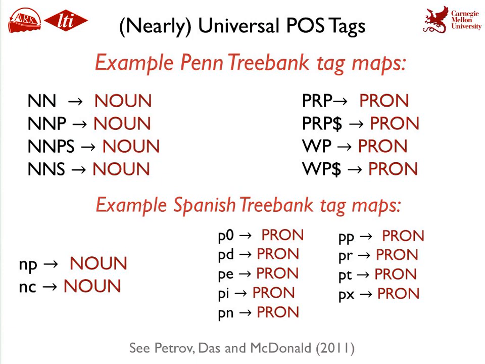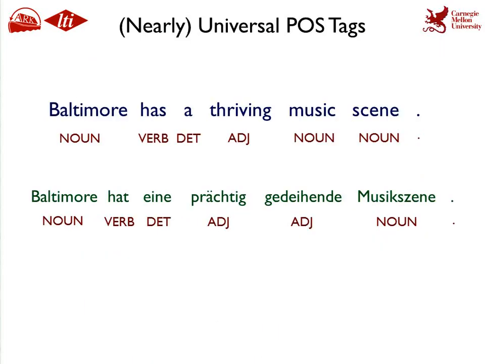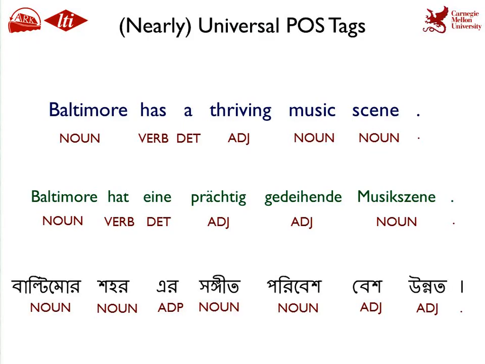The description of the coarse part-of-speech tag set is there in this technical report that we wrote a few months back. The good thing about the universal part-of-speech tag set is that if we take the translation of the English example sentence into, say, German, we can use the same tags to tag its words. Moreover, if you take a very syntactically divergent language like Bengali, you don't really need any extra syntactic tags to capture the part-of-speech syntax of this new language.